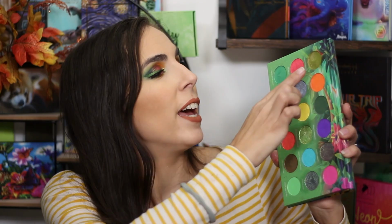And their shimmers are also really nice. They're very heavy on the greens in this palette, but I didn't mind that. I absolutely loved it. And then this shade up here is like a duochrome that is stunning as well. And overall, I just found them very easy to pick up. A lot of them have a lot of sparkle intensity to them, and it's just a palette that I absolutely